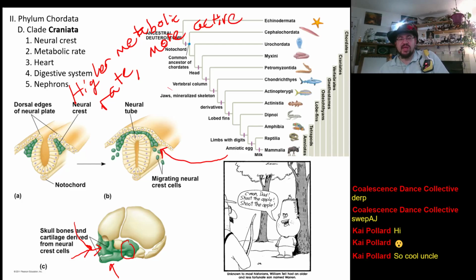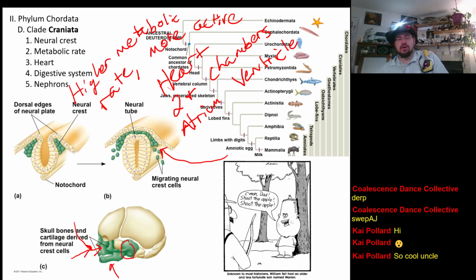They tend to have a distinct heart, and that heart has 2 or more chambers in general. You're talking at least an atrium and a ventricle. Some of the simplest aquatic craniates just have a heart that's made up of a single atrium and a single ventricle. Right? Craniates have closed circulatory systems,